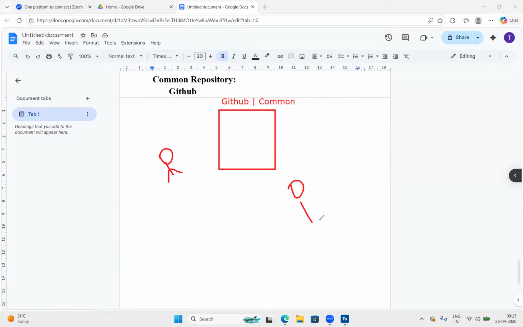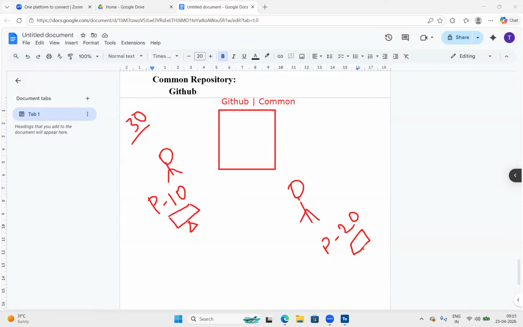Once they are done with their test cases, this person has completed almost 10 test cases, and this person has completed 20 test cases. So the entire team has completed 30 scenarios so far. The 10 test cases are on this person's laptop only, and the other person's scenarios are on their laptop only.